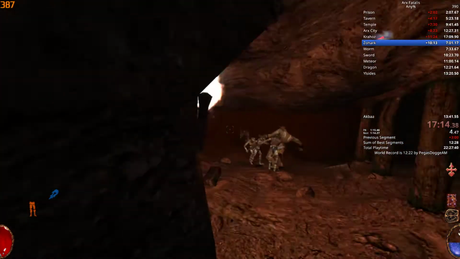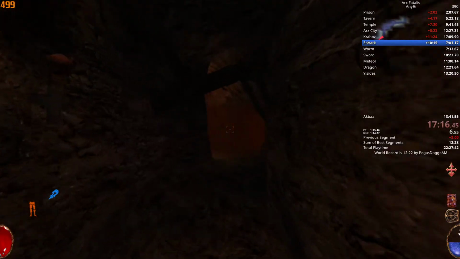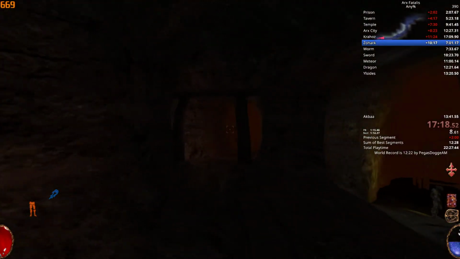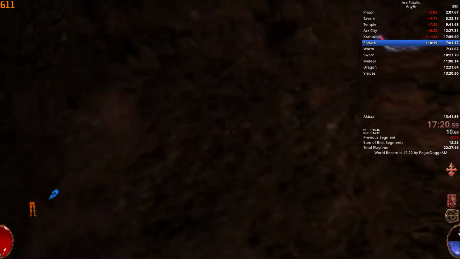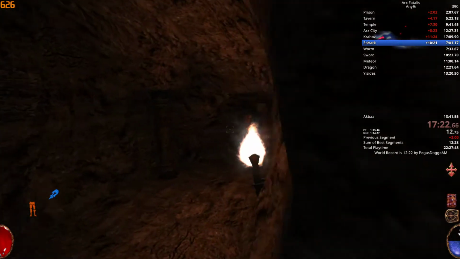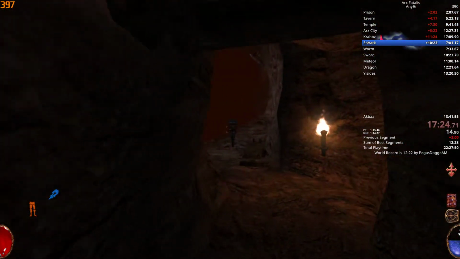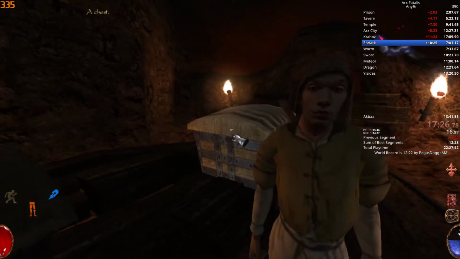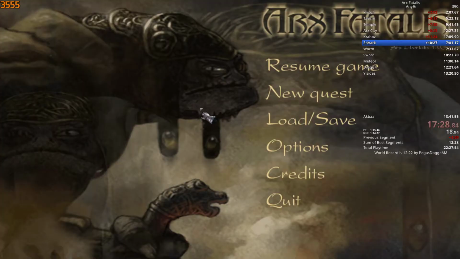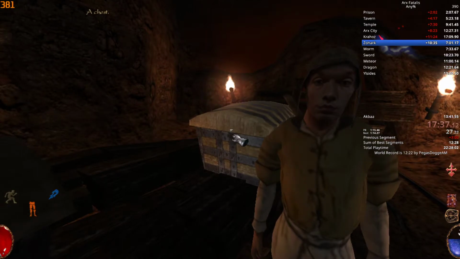This is a tricky section because you have to kinda remember the route. It's holding mostly the right side. And then you go here to the shopkeeper. You obviously do much longer boosts. I just want to show you the route more clearly, rather than doing 2 boosts and getting here. So now